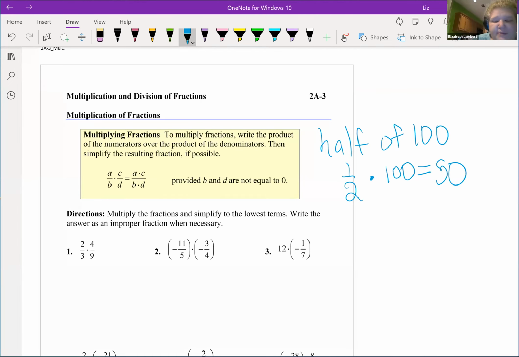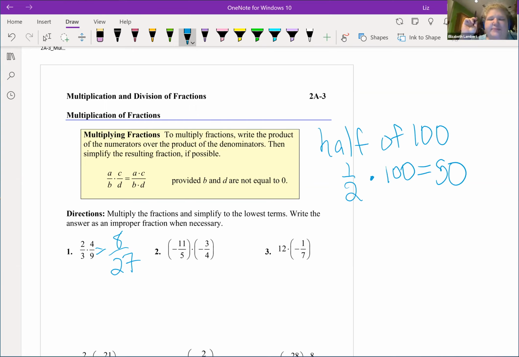So 2/3 times 4/9, or 2/3 of 4/9. Multiply the tops, multiply the bottoms. So 2 times 4 is 8. 3 times 9 is 27. There we go. Now